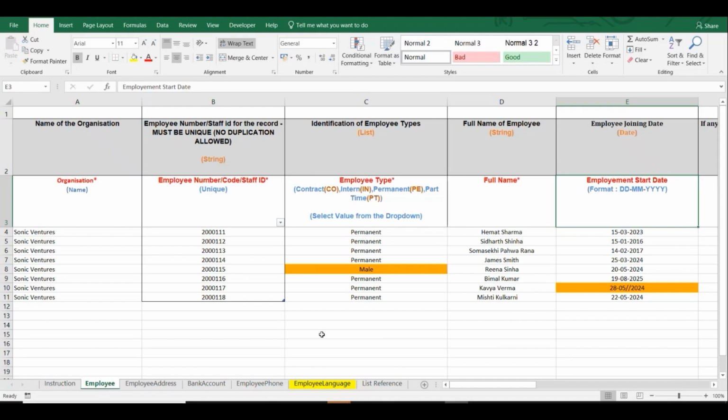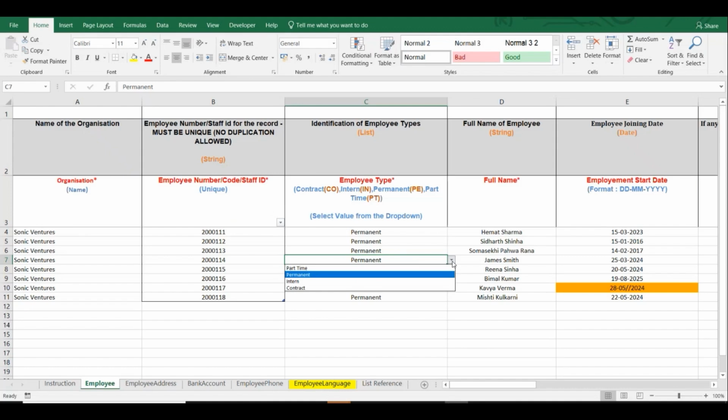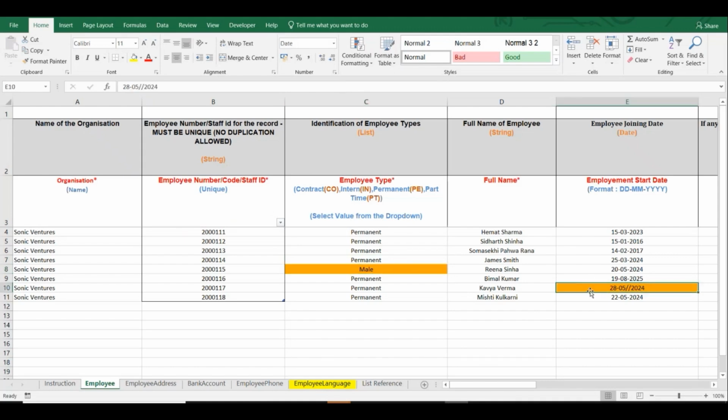As you can see, we have a field with a drop-down list. Look at the values. We have values: part-time, permanent, intern, contract. However, male is not present in this list, so it will be highlighted in orange. This means any value different from the referred list will be highlighted in orange. Then we have a date field, where the value does not follow the format we have defined, hence it will